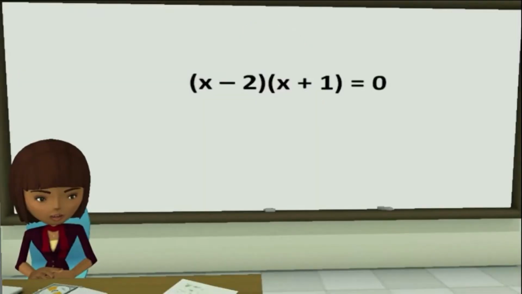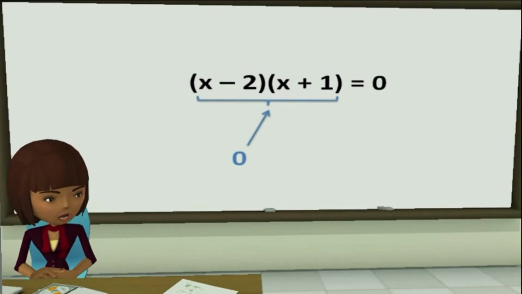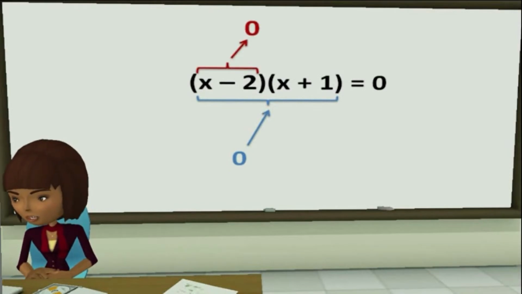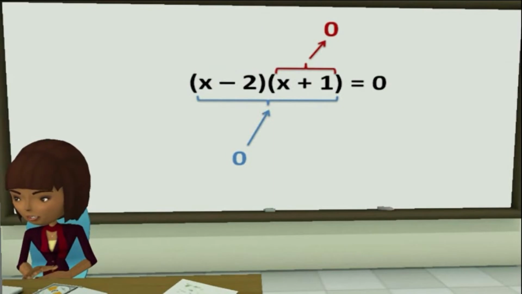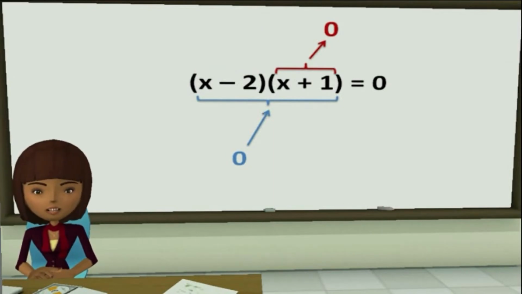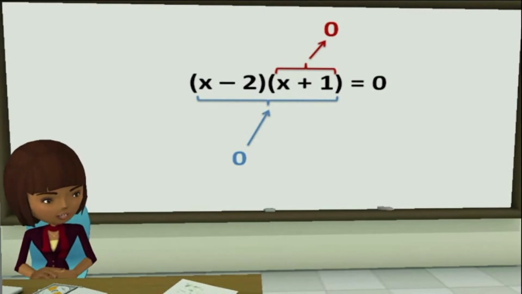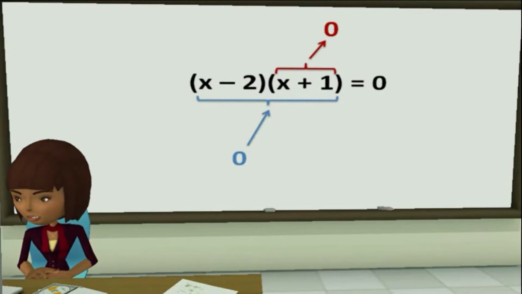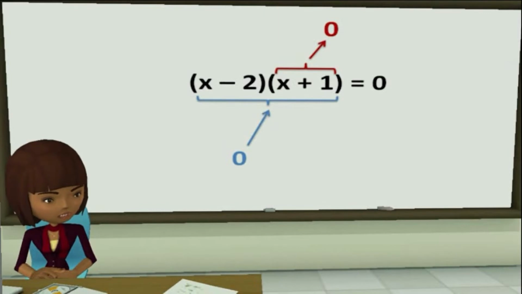In order to maintain the integrity of the equation, the value of x needs to be such that it makes the left-hand side carry a value of 0. In other words, for the left-hand side to be 0, either x minus 2 must equal 0, or x plus 1 must equal 0. Note that only one of the brackets needs to be 0, since 0 times any number is 0. The solution to x minus 2 times x plus 1 equals 0 is therefore given as x minus